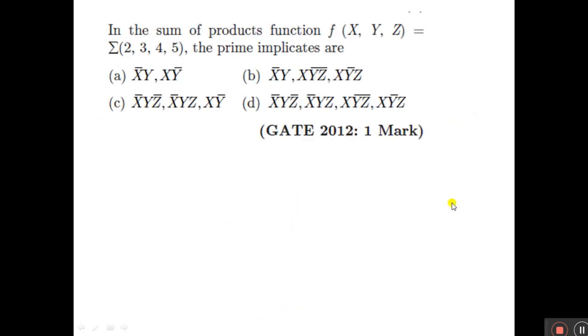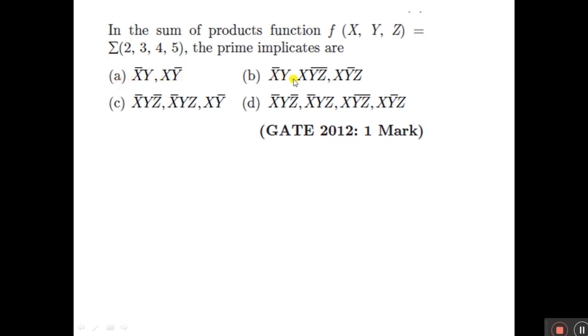Next question. This question was asked in GATE 2012, a 1 mark question. In the sum of products function, f of x, y, z equal to sum of minterms 2, 3, 4, 5, they are asking what the prime implicants are. The options are given here. Option A: x bar y, x y bar.